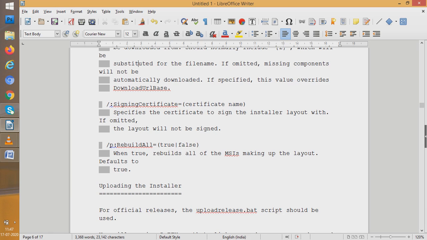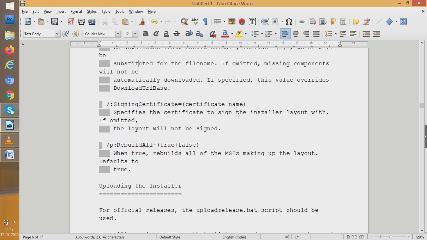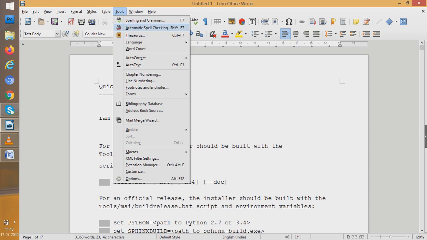Then there is one more feature known as auto spell check. It is always there within Tools. So if I go for auto spell check, the same thing happens. Auto spell check automatically checks the spelling. Now it has not checked it automatically. Earlier, auto spell check, it is a toggle option. It was on, so it was showing the suggestions at once. Now I switched off the auto spell check option. But if I click it, it will be switched on again.